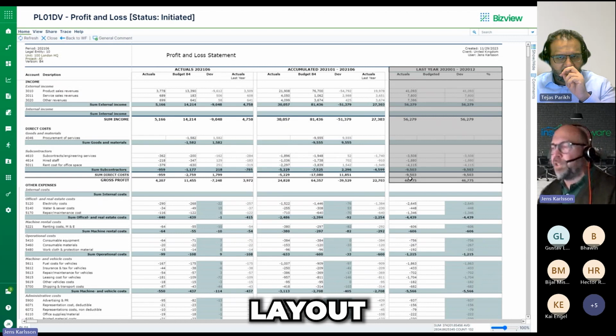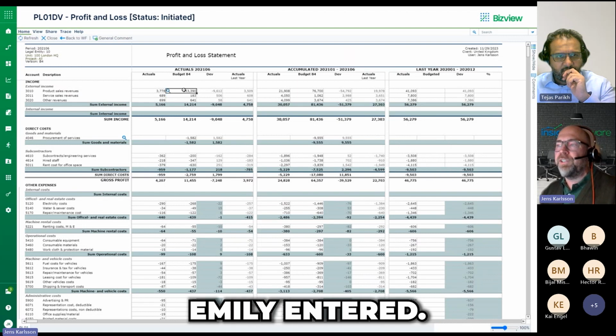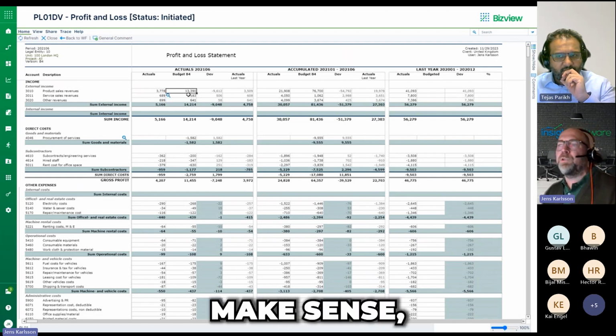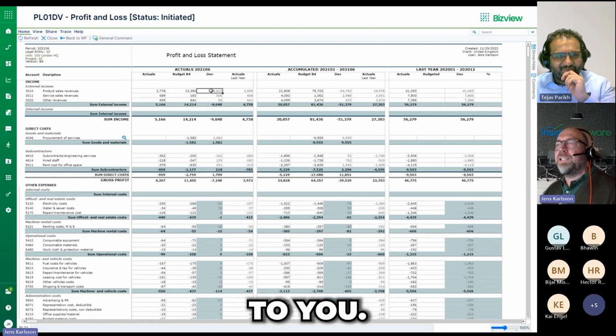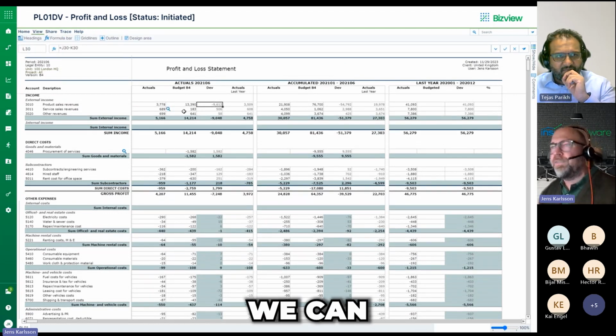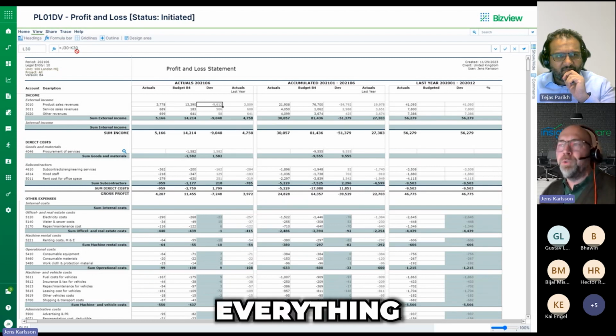So this is just the layout of this particular report. But what we do here is we have the latest values that Emily entered, and you can see the high value for the budget compared to the actuals. Again, I increased it with 400%, which maybe doesn't make sense, but I just want to prove the point to you. And then using regular spreadsheet functionality, we can compare, we can look at deviances, we can look at everything